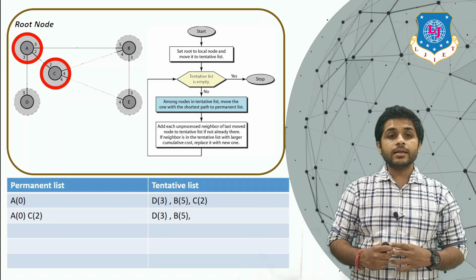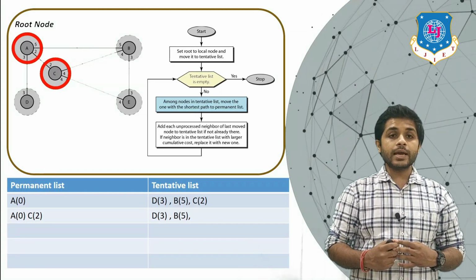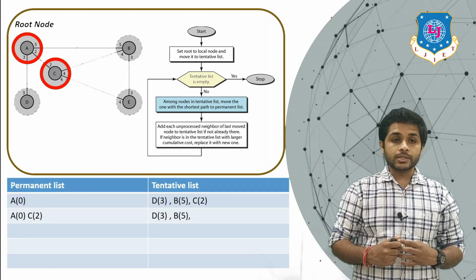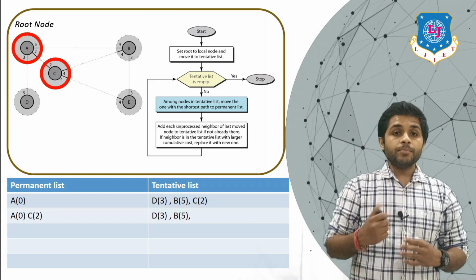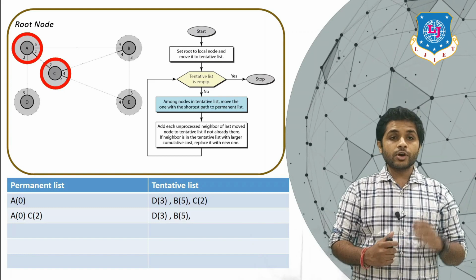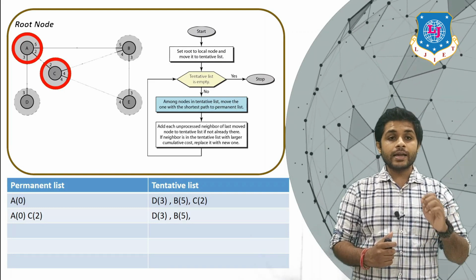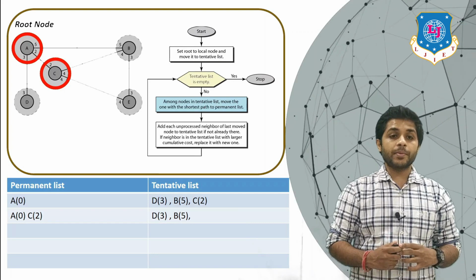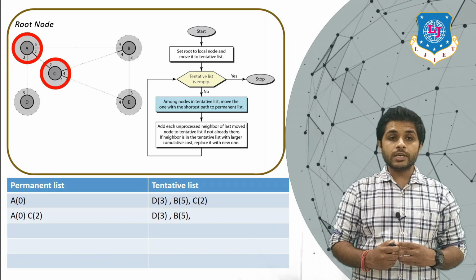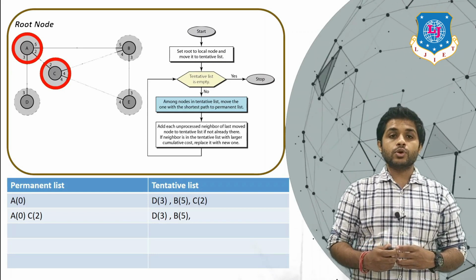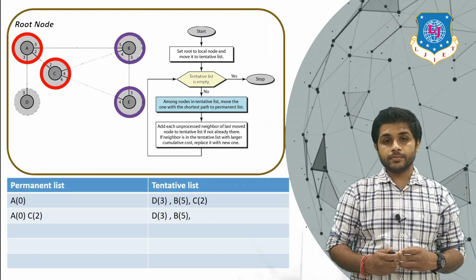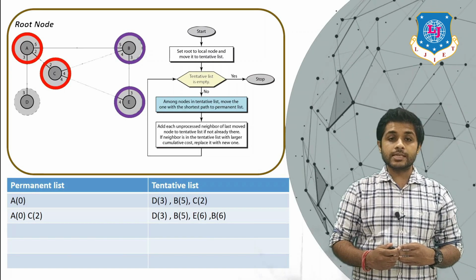So as you can see, C has 3 nodes, A, B and E. We have just moved C from the tentative list to the permanent list. So we will add B and E to the tentative list. We will not add A to the tentative list because A is a processed neighbor and A is already there in the permanent list. So let's add adjacent nodes of C to the tentative list. We will add both adjacent nodes, which are B and E, and the value will be 6, E6